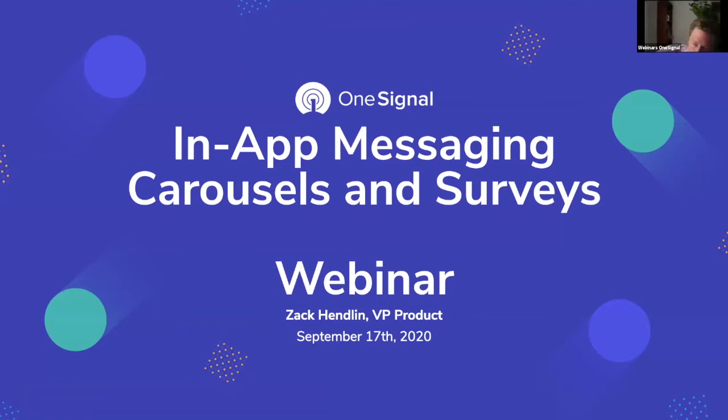These are two really powerful sets of functionality that we've just shipped, and I want to share them with you today. I'm going to walk through what they are. I'm going to go through a couple of use cases and actually show you in the product how you can use them to better onboard people to your app, to explain new features you ship, to ask them for feedback,